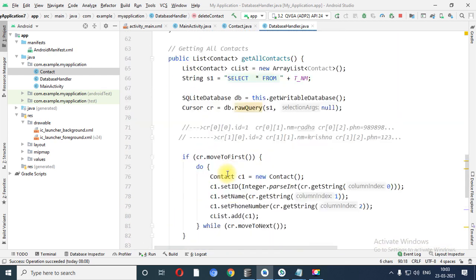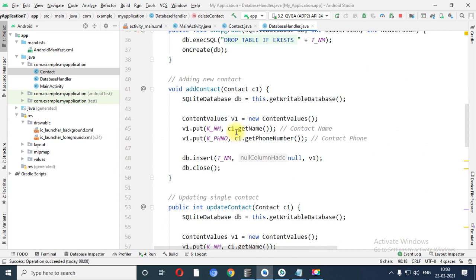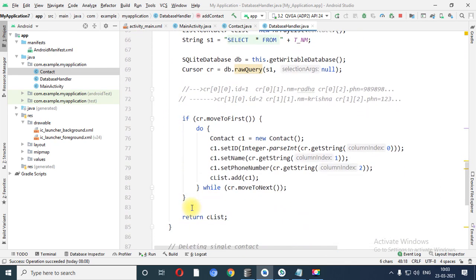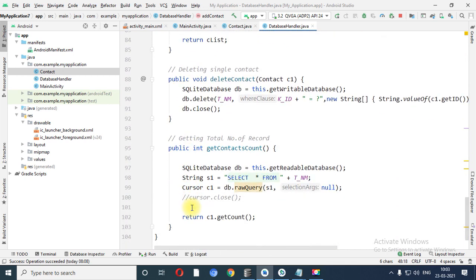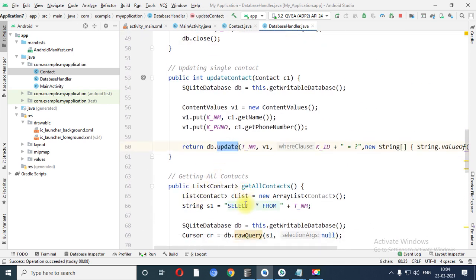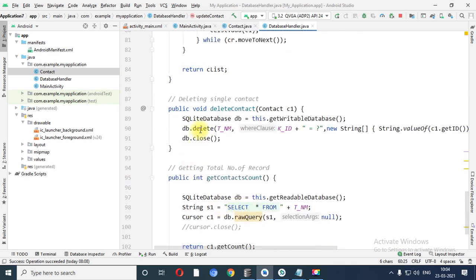So to insert a record in the database, you need to use the insert operation. To update your database, you need to perform the update operation, and to delete from the database you require to fire a delete query. Each contains different arguments. For the delete query: table name, where clause, and where string, right?